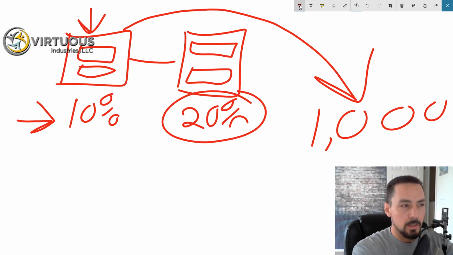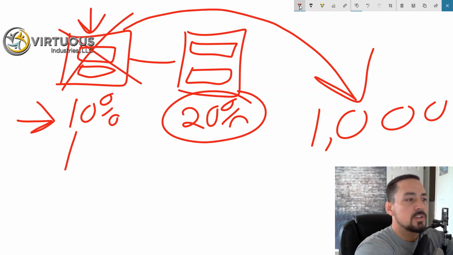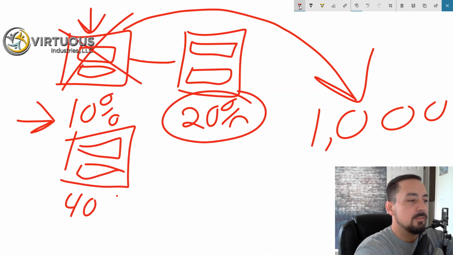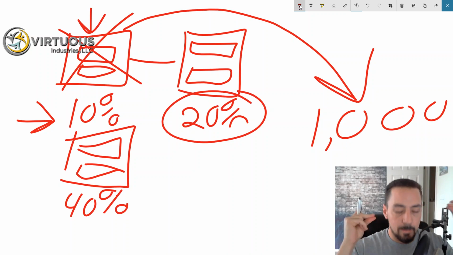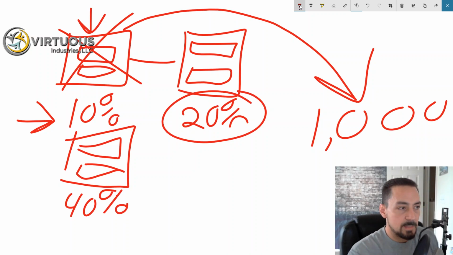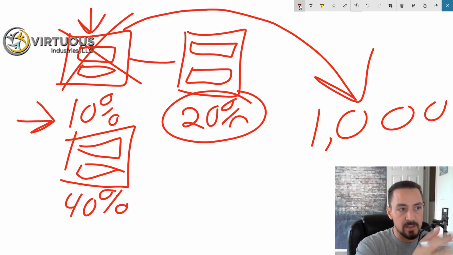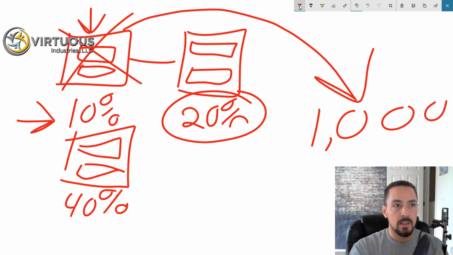See how that works? And then you can kill this one, start a new one, and test this. And what happens if you get that up to 40%? It just doubled again. You're not spending more money on ads, but you're making more money because you're optimizing the funnel. And this is stuff that ClickFunnels teaches you. This is stuff that ClickFunnels does. Do you understand? So that's why I promote it. That's why I use it. Obviously, that's why people are in this group, because they want to learn to better their businesses. They want to learn to grow businesses. They want to learn how to market their businesses, right? That's why we're all here.